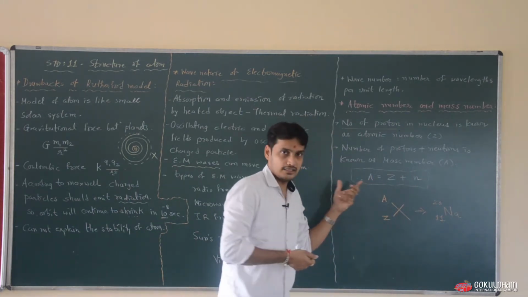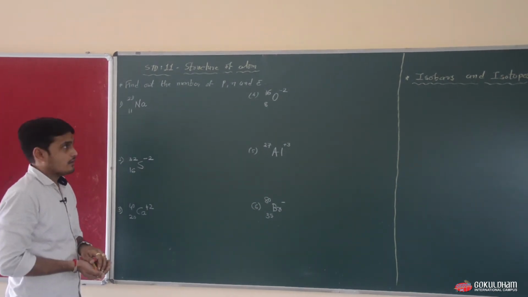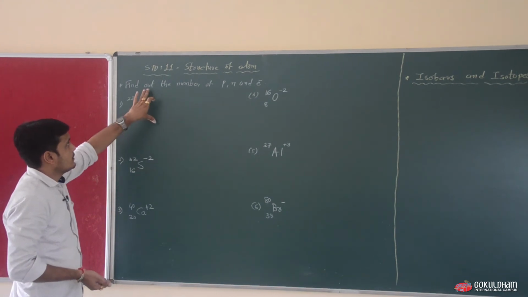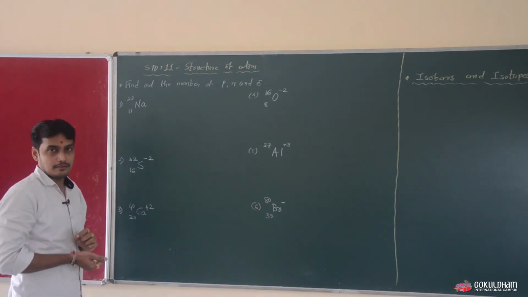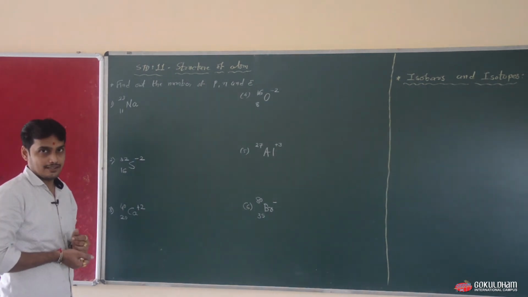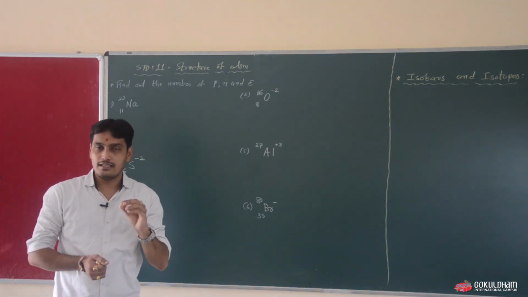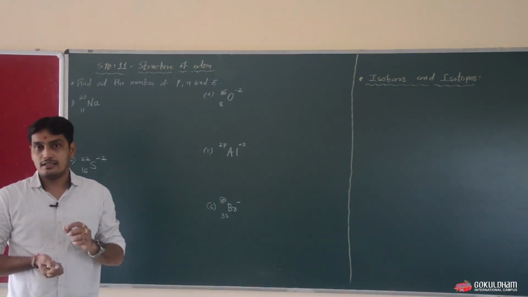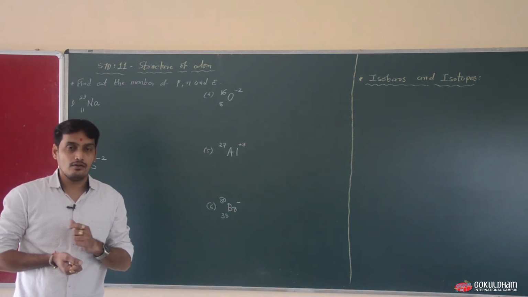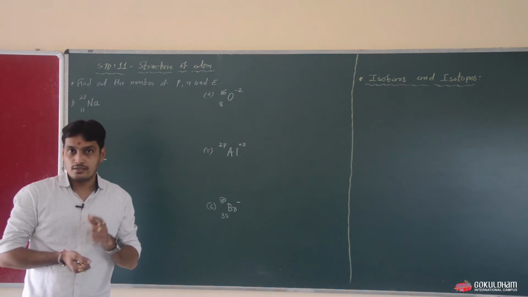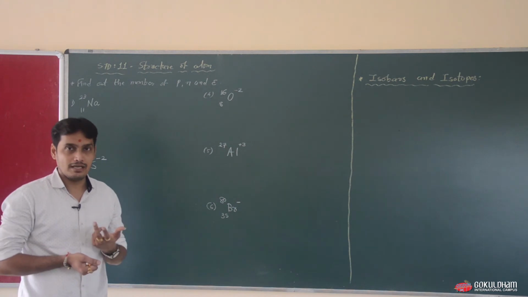We will see the theory of atomic number and mass number here. From that equation you can find out the number of protons, neutrons and electrons present in a molecule or ion. In this example, the atomic number and mass number are already given to you. In some cases, the atomic number is absent. So you must know the atomic numbers of elements 1 to 30. Then you can easily calculate these examples which carry 2 marks.